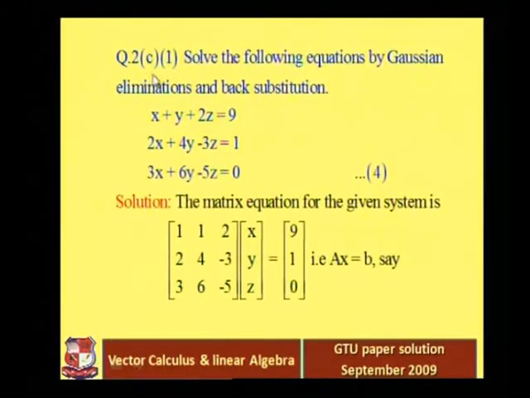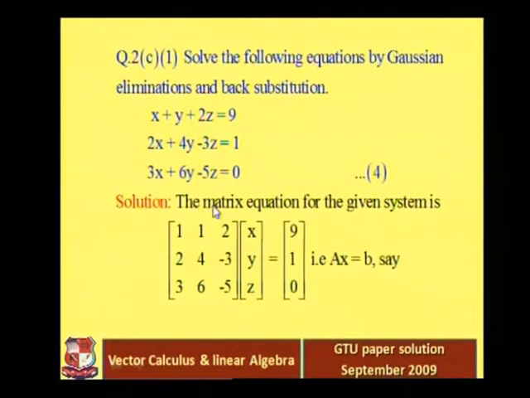Question 2c, first part. Solve the following equations by Gaussian elimination and back substitution. Here there are three equations and three variables, and this question was asked for 4 marks in this question paper. The first equation is x plus y plus 2z is equal to 9. The second one is 2x plus 4y minus 3z is equal to 1, and the third one is 3x plus 6y minus 5z is equal to 0. So first of all